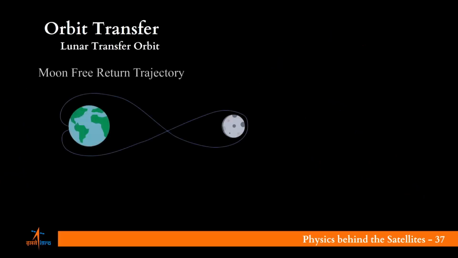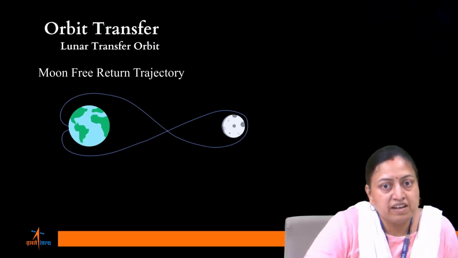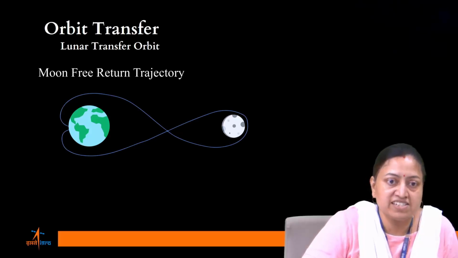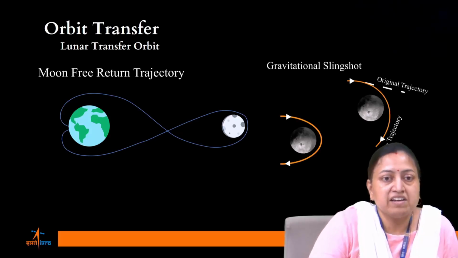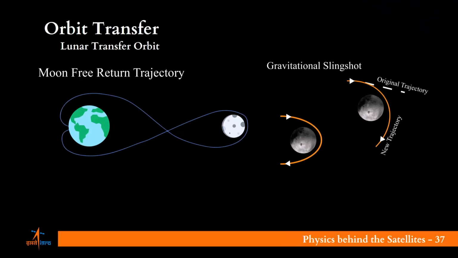Lunar transfer orbit. Transfer is made from the Earth's orbit to the Moon. There is a maneuver called translunar injection which carries satellites from low Earth orbit to lunar orbits with Hohmann-like transfer. Lunar gravity also helps slingshot other spacecraft to various places. The translunar injection can be adjusted to use the gravitational field of the Moon for a flyby, and this trajectory is called moon-free return trajectory.